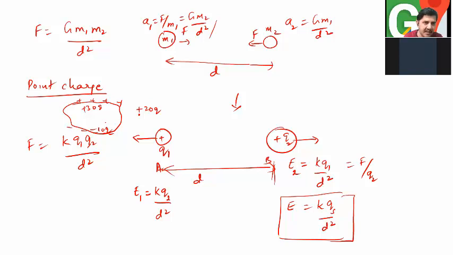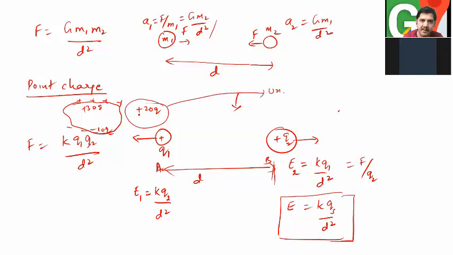Now I can call this plus 20, and I represent it by a point only if, from the place where I am looking at it, at a very large distance, this appears to be a point object, which means the dimensions of the object are smaller compared to the distance between the source and the destination. Then you can call this a point object. So a point object is nothing but charges that are seen to be concentrated at one point.